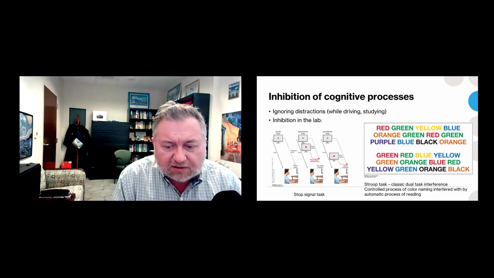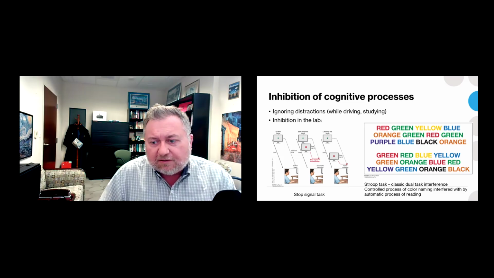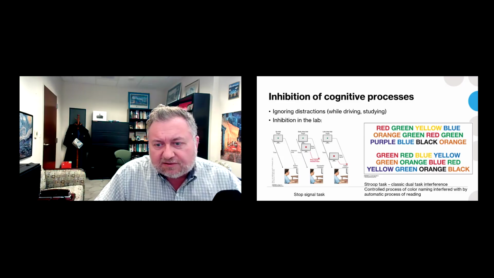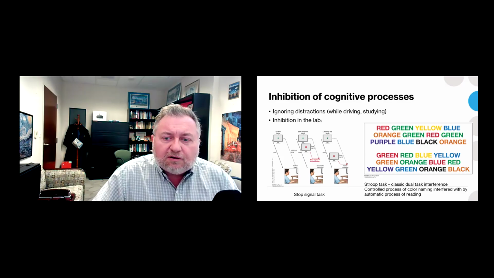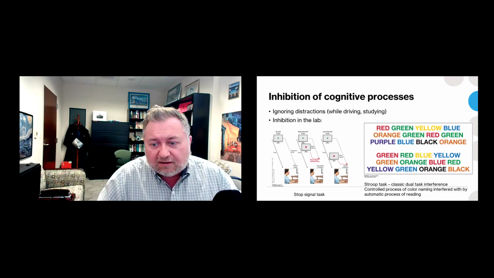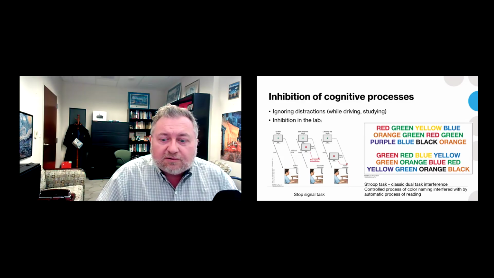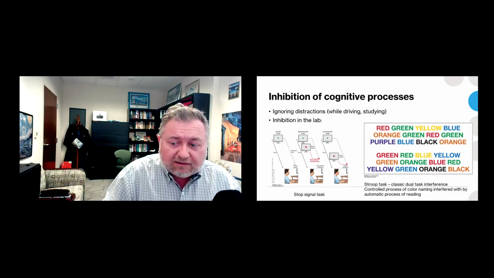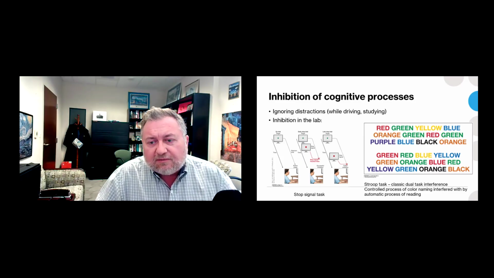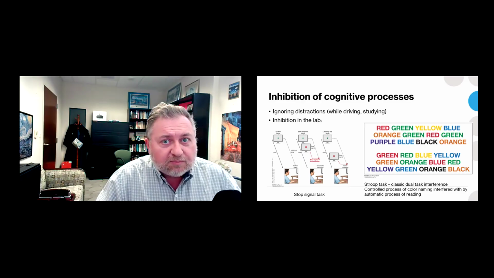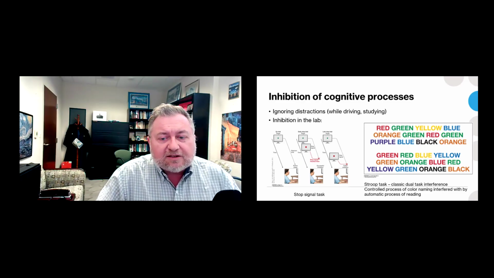Maybe a little bit of a clearer example of an inhibitory situation is the famous Stroop task. So here I have some Stroop-like stimuli, right? So we have the words, these are color words. And the list on top are the color words written in the congruent color. So the word red is in red ink and green is in green ink and so forth. But the list at the bottom, we have incongruent colors, right? So the word green is written in red ink. And what we do in this kind of task is we ask people to name the color, not read the word, but to name the color of the ink as fast as they can.